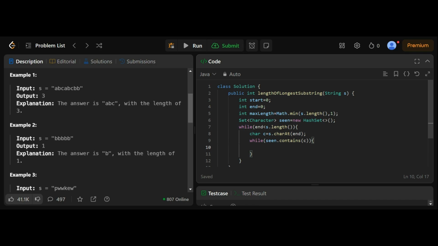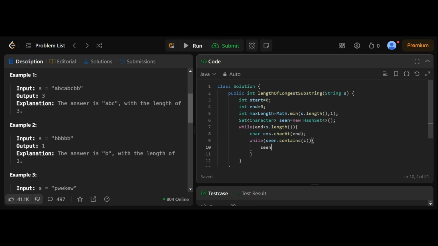I'm just going to remove the element that is present in the start, and then I'm going to increment the start. So this is the concept of sliding window. The end will be as it is, but the start will be removed, and then the start index will be incremented further.